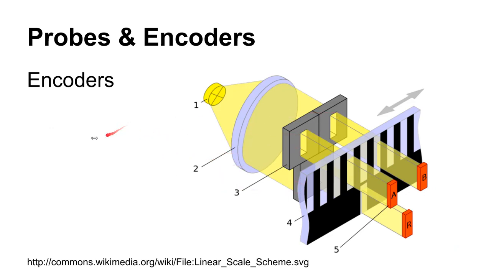So this is maybe a slide I should have had earlier. This is how the CMM keeps track of how far it's moved in a particular direction. It actually records its motion with these things called encoders. So encoders are kind of like a picket fence, you know, and as you go along that picket fence, you're able to count how many pickets you went past, and you know how far you've traveled.